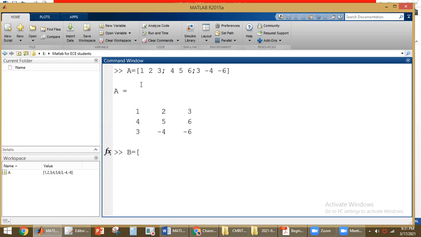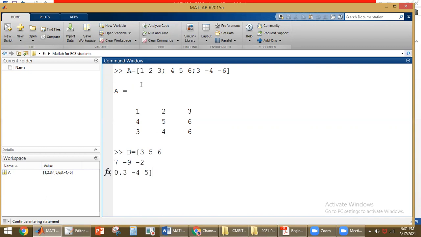So we have discussed there are two ways to define the matrix. Once you give the first row elements, click on enter, then enter the second row elements, then click on enter, then enter the third row elements. We can give any values here, either positive or negative or decimal values, whatever you want.